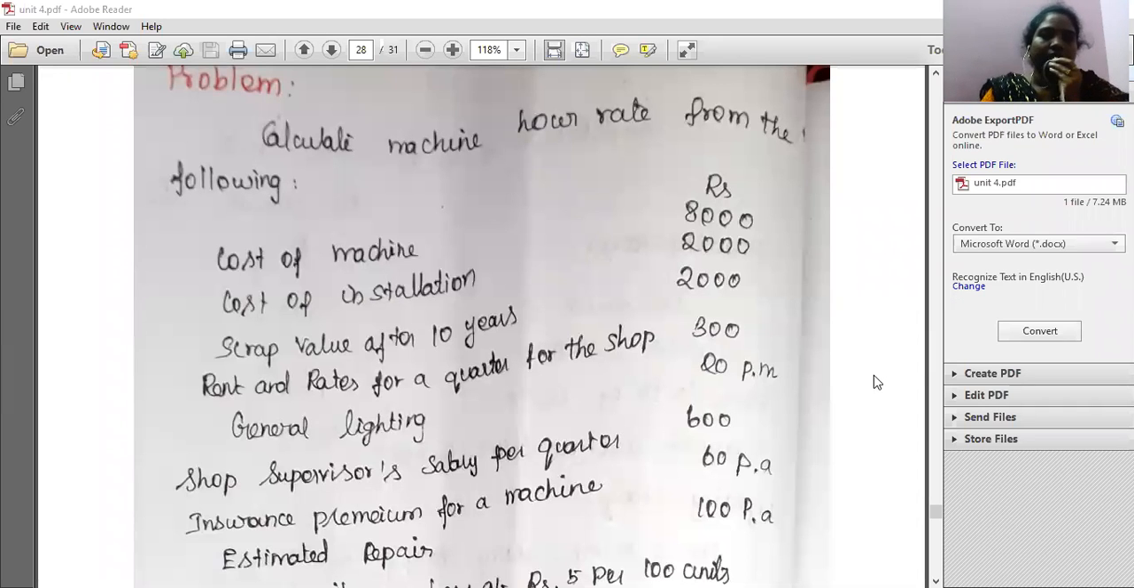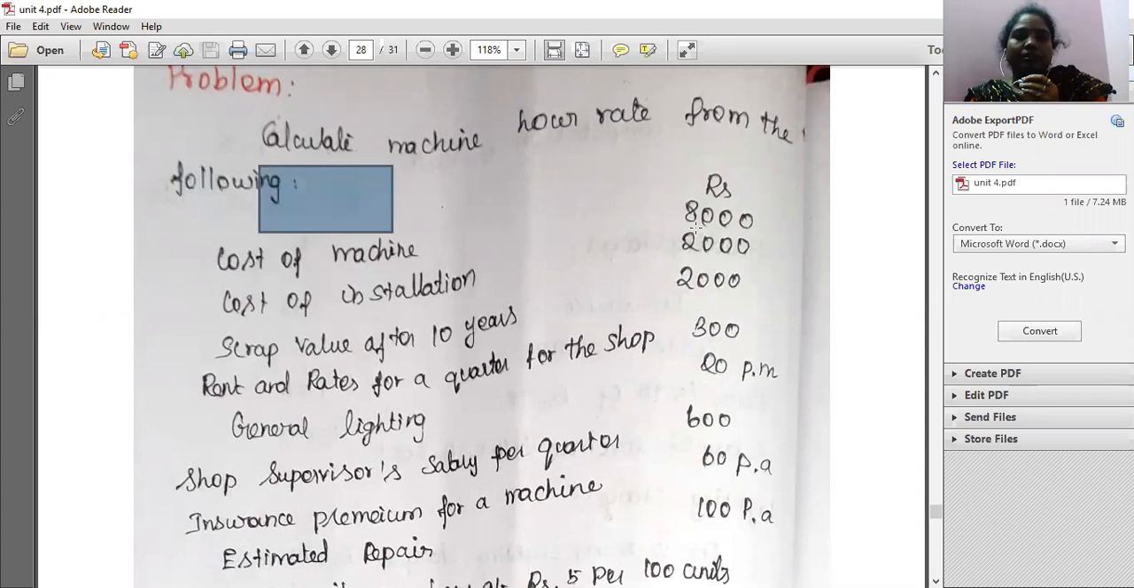Good evening. Today we discuss cost accounting, machine hour rate. Now we discuss the problem. Calculate machine hour rate from the following: